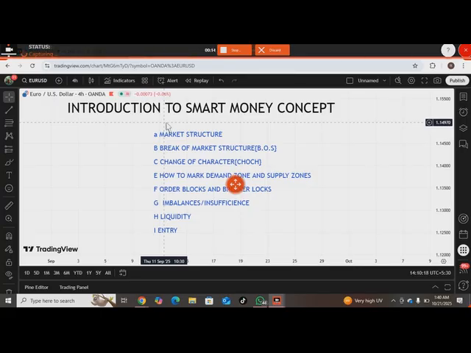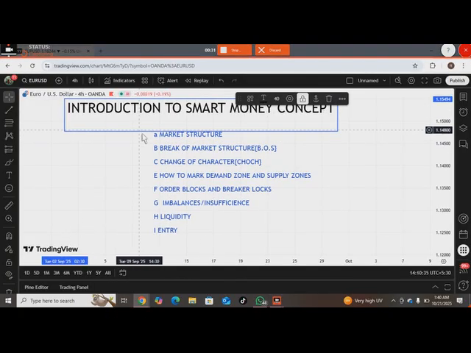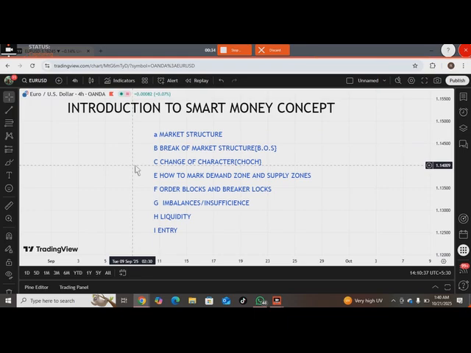Okay, today we are going to learn a strategy which is called smart money concept. It is called the smart money concept or SMC. This is an advanced strategy. Now, this strategy was developed